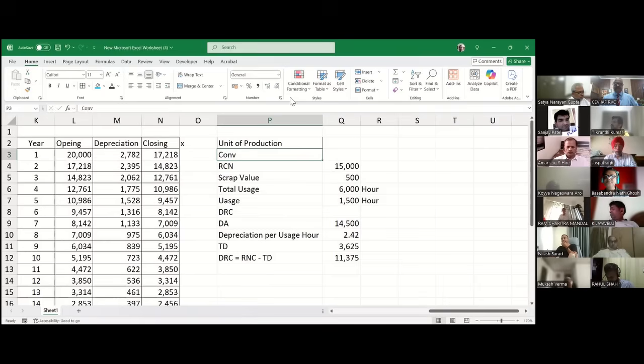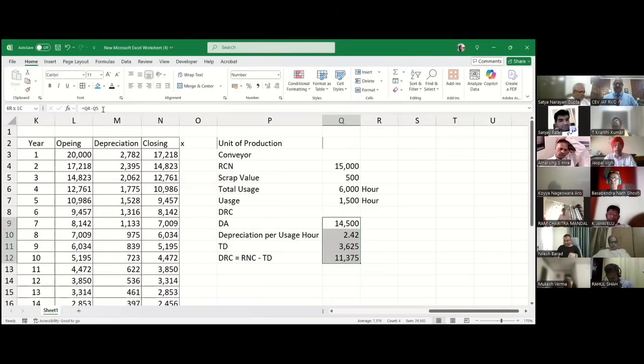ओके और कोई डाउट? RCN minus scrap, RCN minus total depreciation. So SLM से यही डिफरेंस है, स्क्रैप को नहीं निकालना है। स्क्रैप हमने यहीं से डेप्रिसिएबल अमाउंट में निकाल दिया है। ओके ओके।